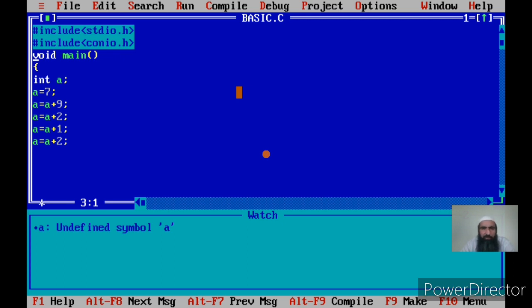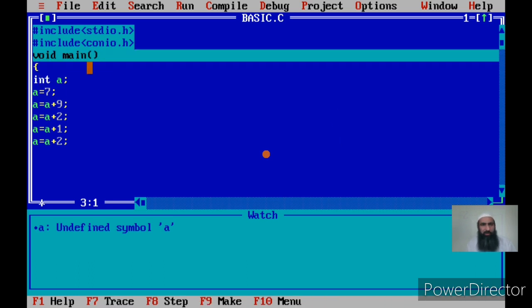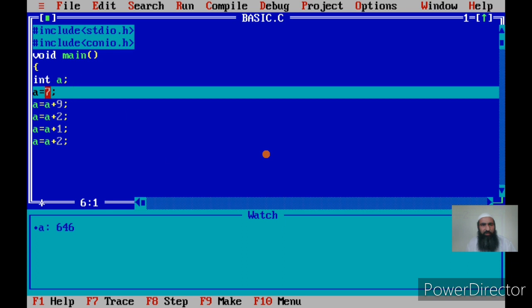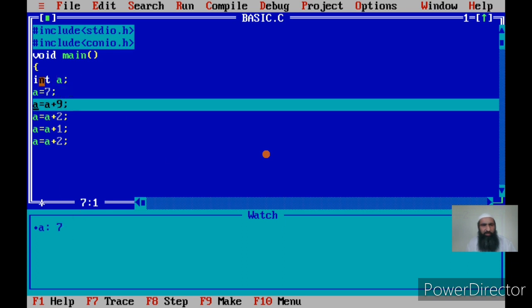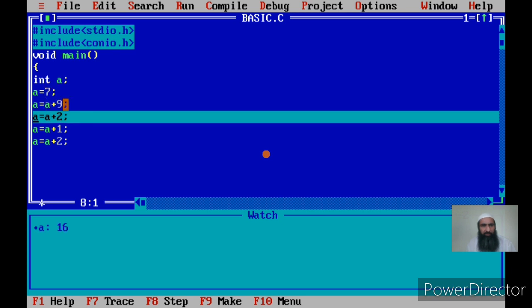Once you compile the program and then run it, you don't know how the statements are being executed. You don't know the control flow. You have now clearly observed that once we execute the statements, they are not executed simultaneously. They are executed one by one. Starting with the first statement of the main, I am again pressing F7. Now see here, A is again having the junk value. Again the change because I am assigning the 7. Now 7 is added with 9 because the previous value of A was 7, so it becomes 16.